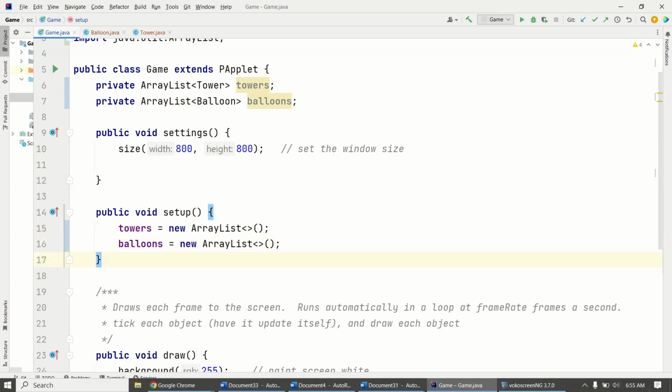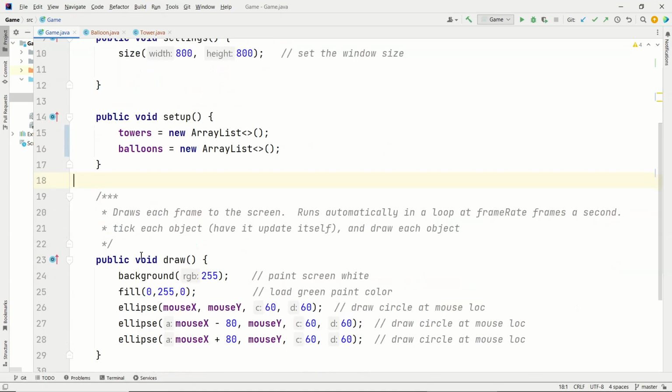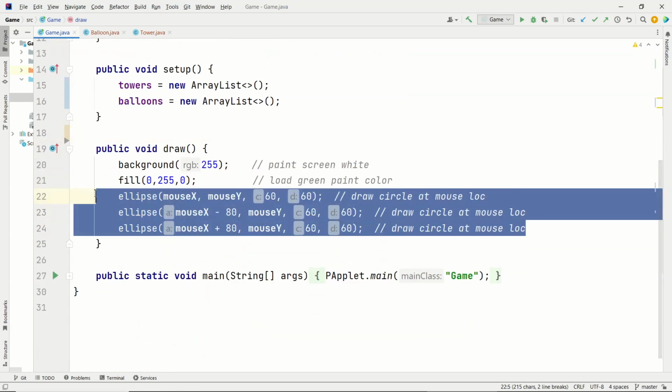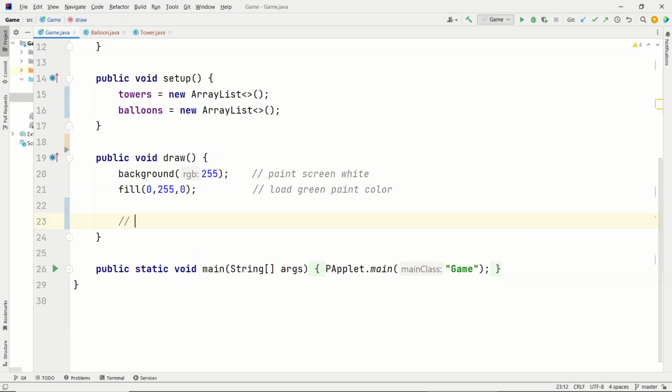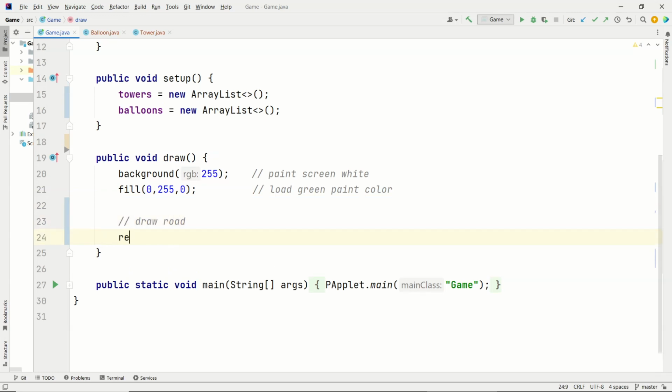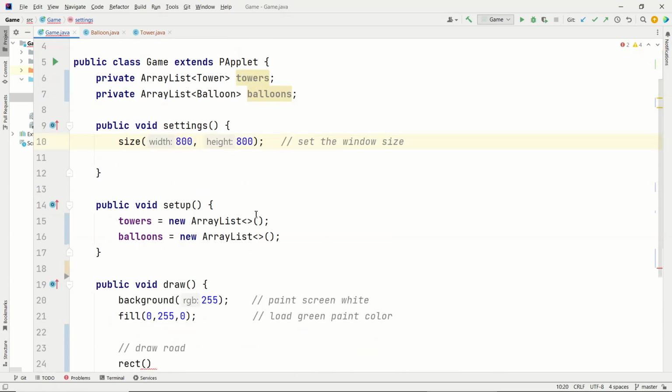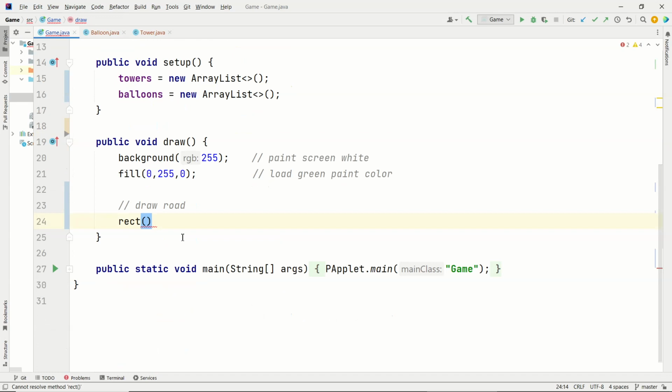So I said the first thing that I wanted to do was just draw a road. So I'm going to get rid of these ellipses. Draw a road. Okay, so rectangle, the rect command is called rectangle. It looks like my screen is 800 by 800, but the variables are width and height. So I'm going to draw a rectangle at,